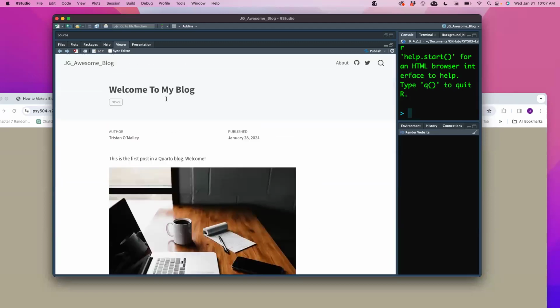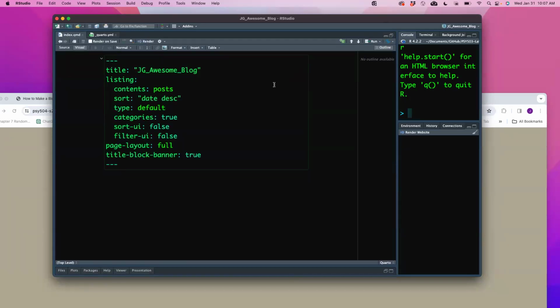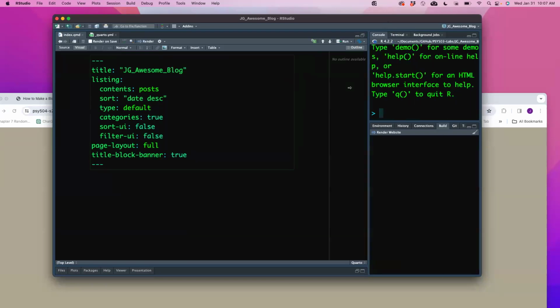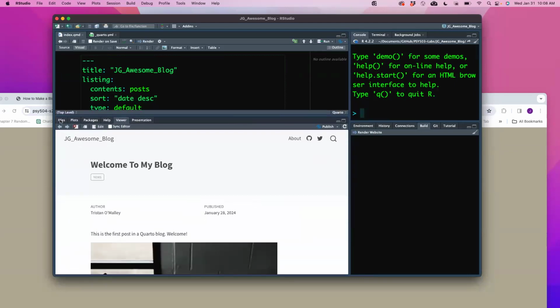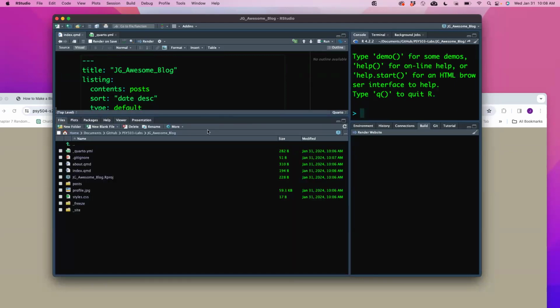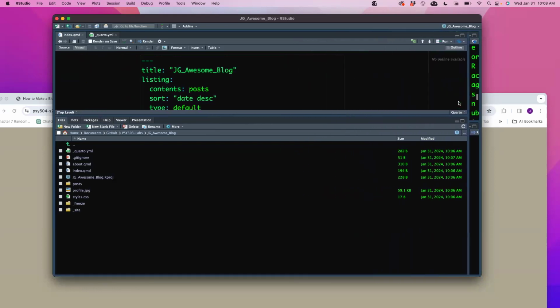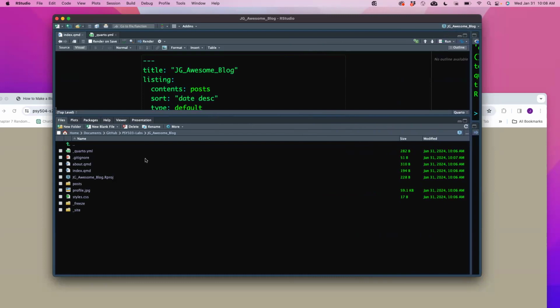So what I want to do is walk through the template documents that are in your project directory, show you how we can modify them, talk a little bit about them, and show you what you can do to make it your own blog website. Awesome. So let's go ahead and look at the first file, which is the